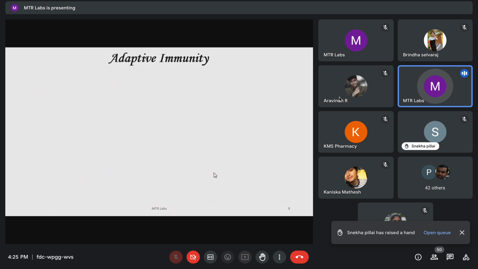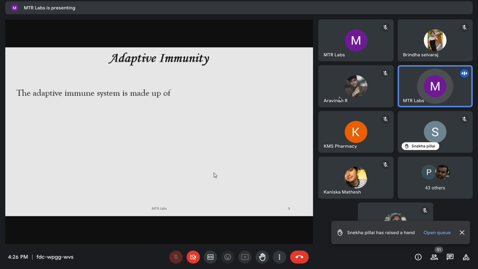So coming to the adaptive immunity, whenever the innate immune system is not able to destroy the germs, then comes the adaptive immunity. The adaptive system plays a role in developing immunity against that pathogen. It will take time to recognize the germs, but when it does the job, it will be very accurate. It's specific immunity, as we discussed before, and the main thing is it keeps memory, so that when an antigen is encountered on the second visit, it will act faster.